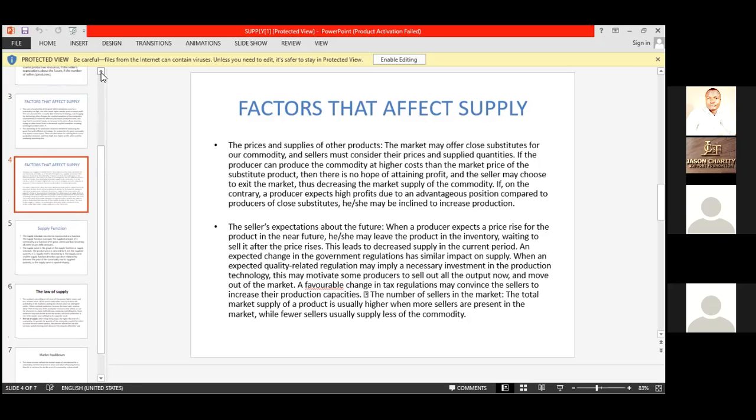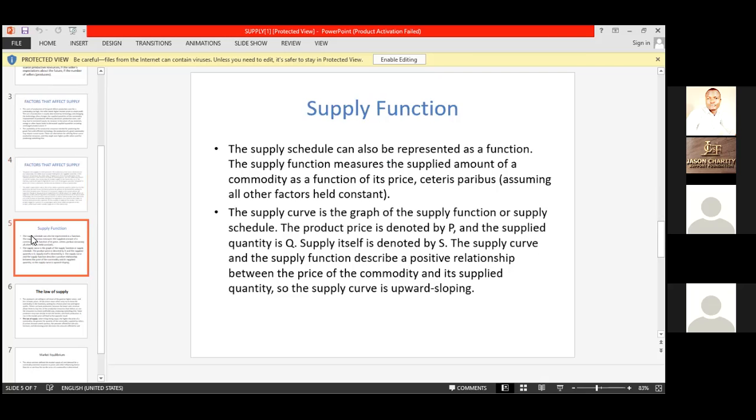Once the cost of production of a commodity is high, the seller needs a higher market price. So for you to attain your profit level, when you discover that the cost of production is very high, you can still produce a higher quantity, or you maintain the quantity you are producing, but the price has to increase so you can attain your profit. If not, you'll be making a loss.